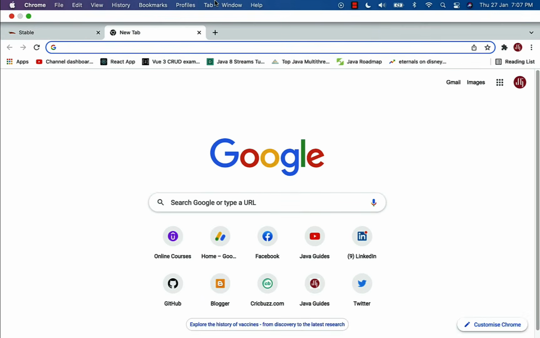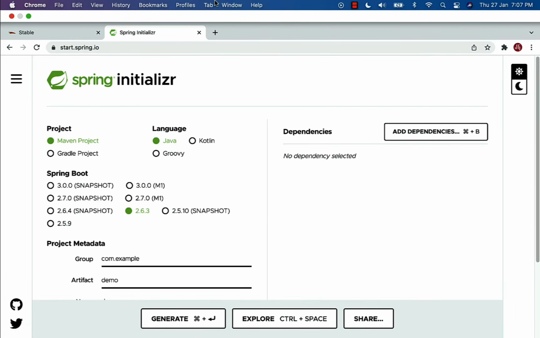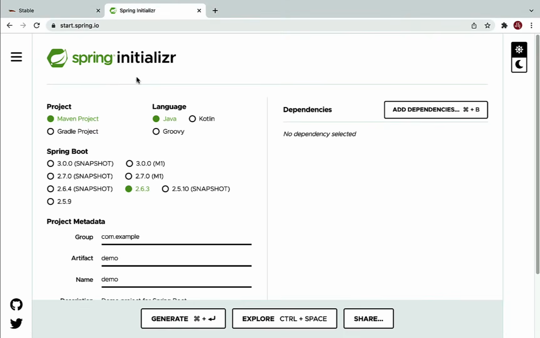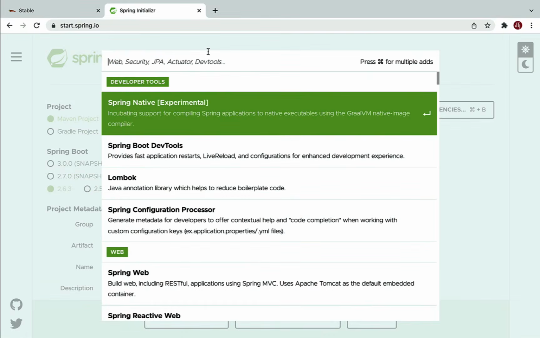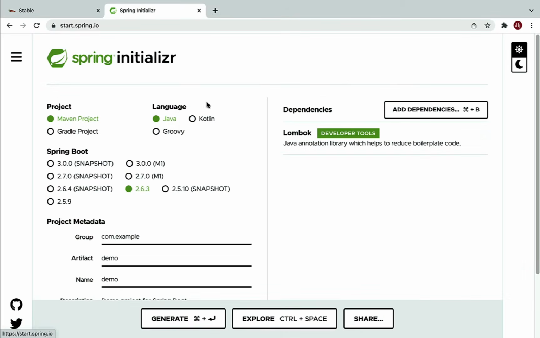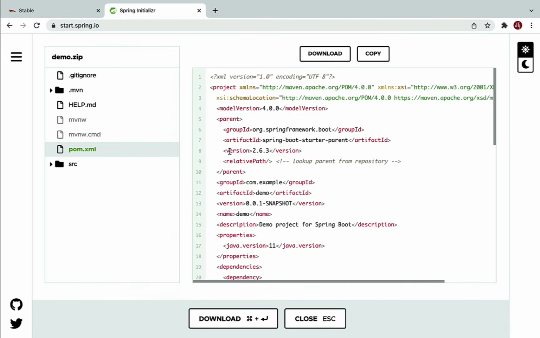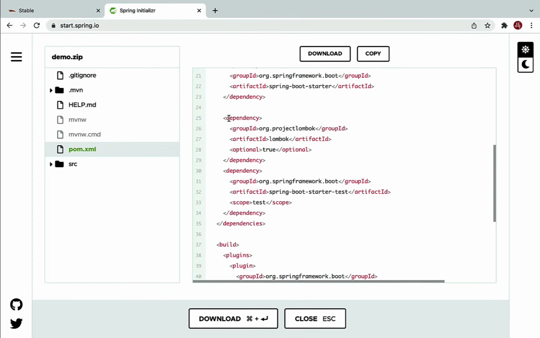Well, first of all, let's get the Lombok dependency. In order to get the Lombok dependency from the internet, I'm going to head over to start.spring.io. This will take us to the Spring Initializr. Go to Add Dependencies, and here just search for Lombok. Okay, and choose the Lombok dependency. This is basically a Java annotation library which helps to reduce boilerplate code. And go ahead and click on Explore,